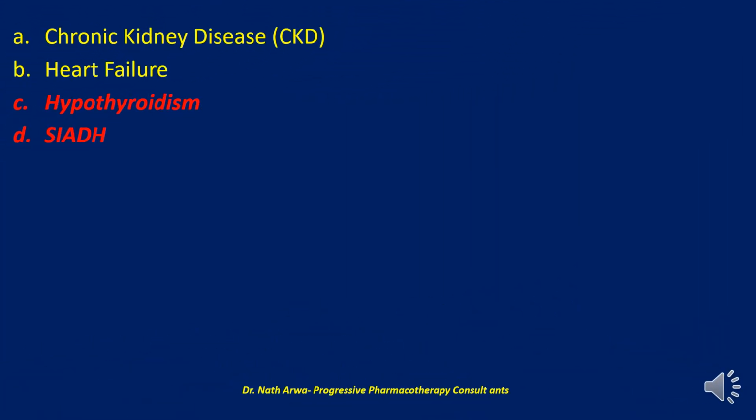In my opinion, choices C and D are both correct. It can be seen in patients with hypothyroidism, SIADH, hypotonic marasmus, those who have ingested ecstasy, psychogenic polydipsia, and water intoxication. Now, heart failure and chronic kidney disease are common causes of hypervolemic hyponatremia. That is due to an increase in both total body sodium and total body water. But the total body water is much greater than the total body sodium